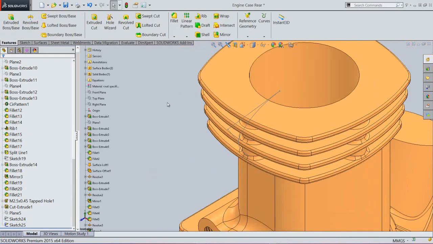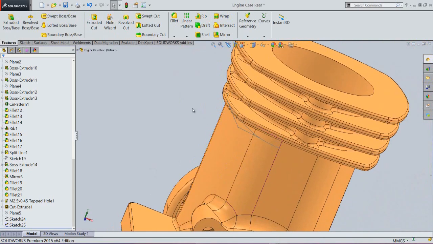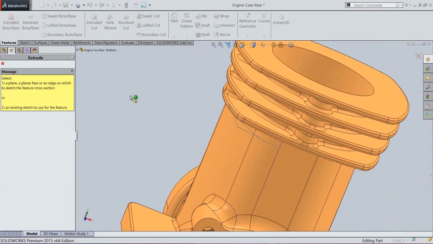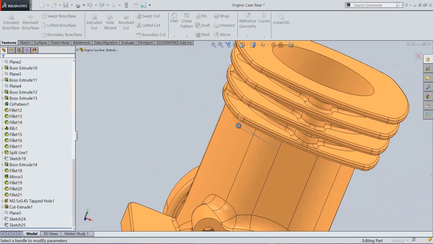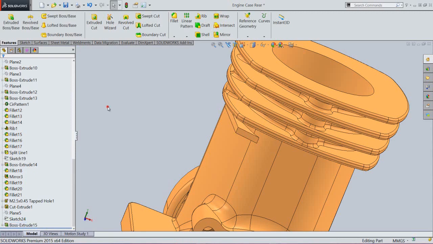Finish the sketch and activate the extruded boss base command. Select this region. Enter the depth value 1 mm. Click OK.